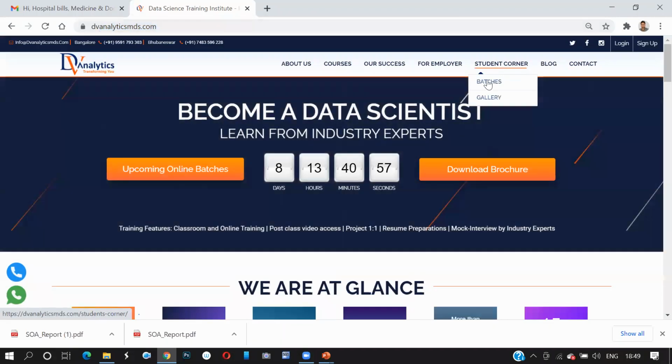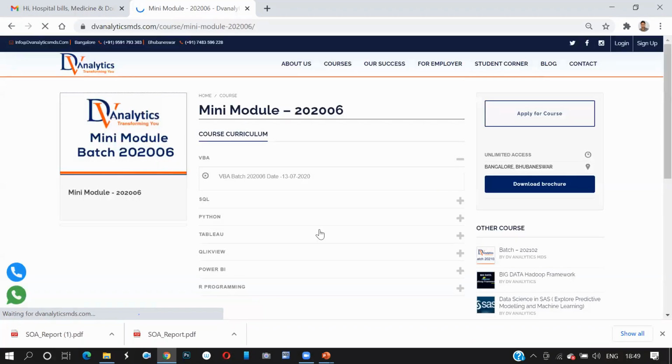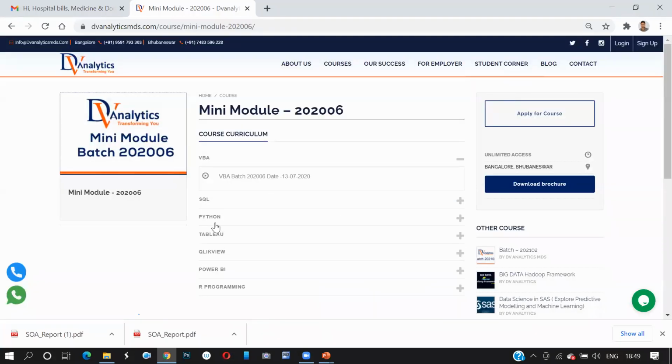You will go to the student corner, click on the batches, and select your respective batch, and you will get your folder by tools along with all the information. The video of the class, the data, everything is stored here, which you will get access to here as well as on Google Classroom.